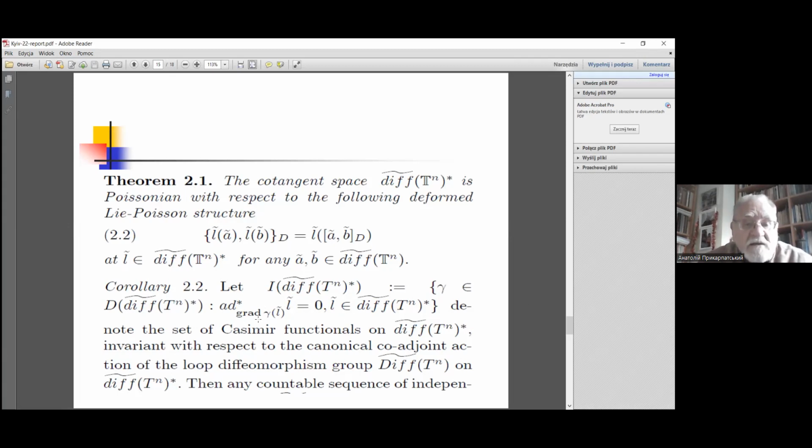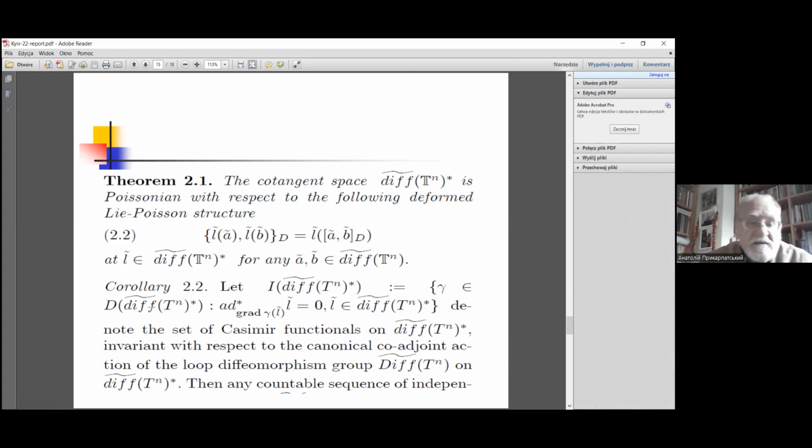The coadjoint action of the gradient of these smooth functionals equals exactly 0. This way we construct the set of all possible smooth Casimir functionals on the cotangent space to the analytical Lie algebra on the torus, which are invariant with respect to the canonical coadjoint action of the loop diffeomorphism group